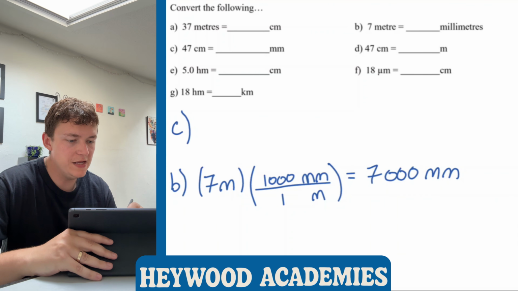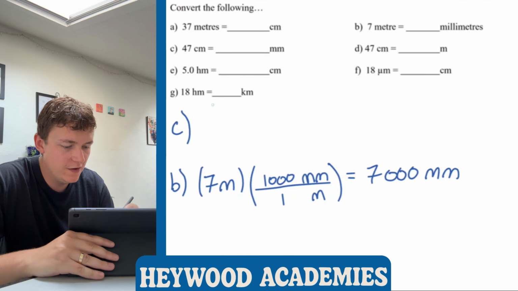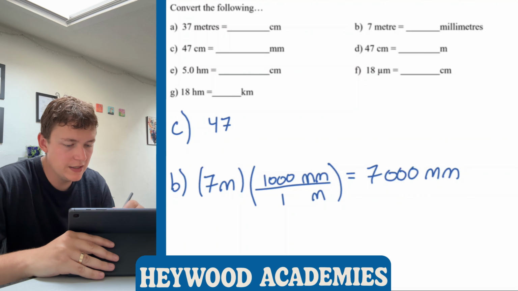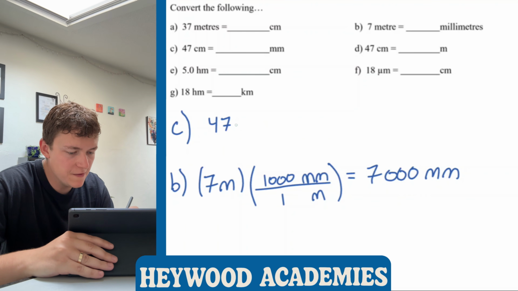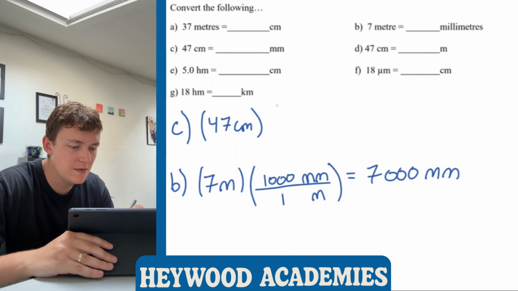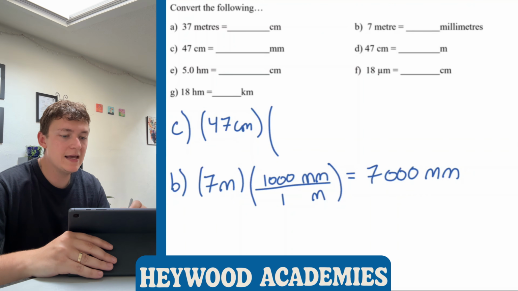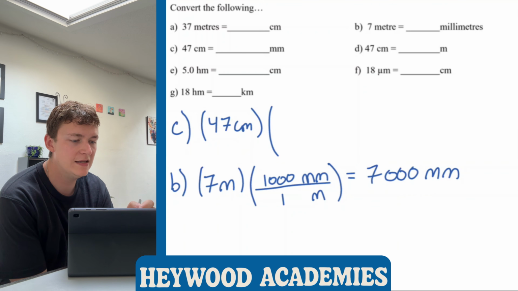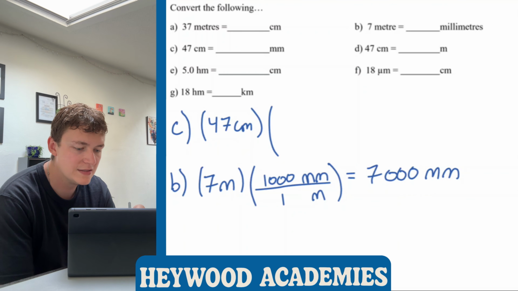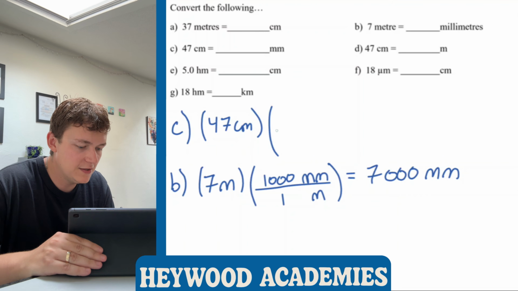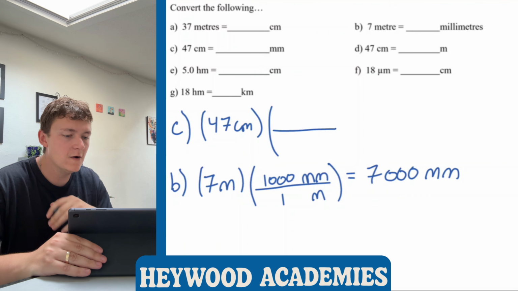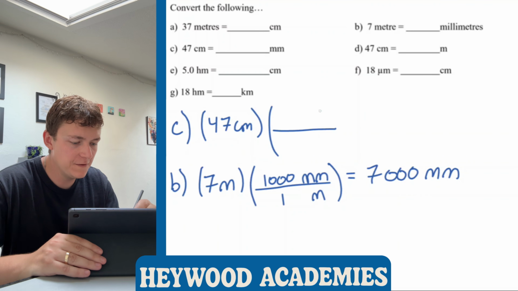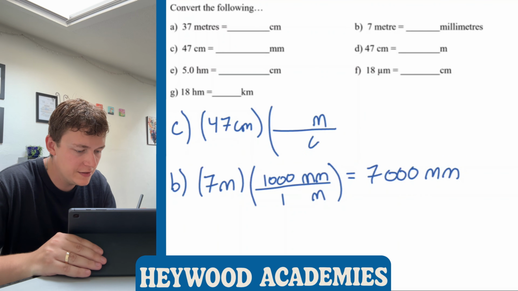Okay, now we're going from centimeters to millimeters. And I'm going to show you the way that I would probably recommend doing these ones. Especially when you're first learning, this is really easy to get mixed up with what the units are. So of course you can go from centimeters directly to millimeters, but it becomes a lot to remember, and this gets really hard, especially when you're going between really weird units. You'll see this when we get down to some of the later ones. That usually the easier way to do this is just to go back to meters first, and then go from meters to millimeters. So the first thing that I'm going to do is I'm going to go from centimeters to